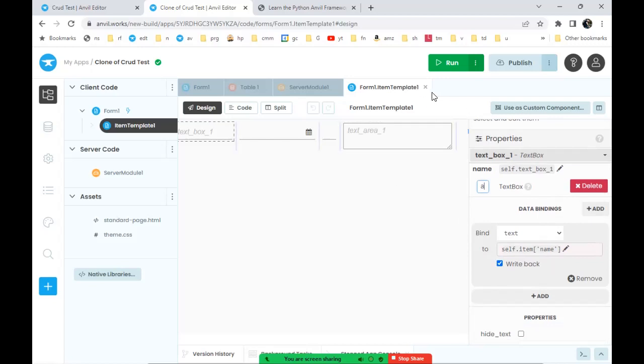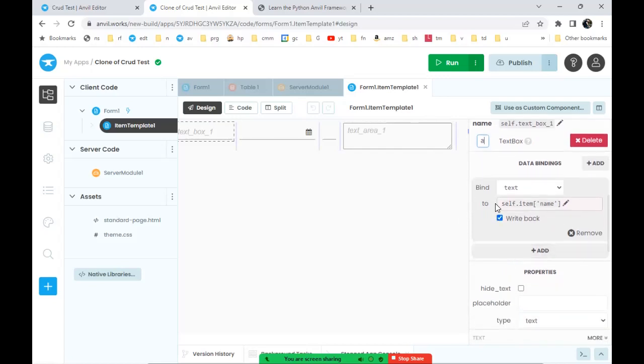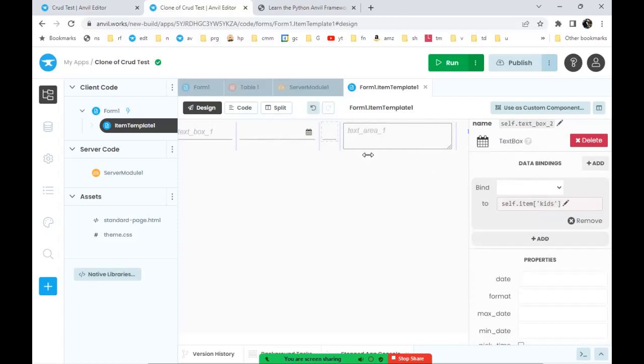But because we no longer have access to write to the server, we're going to need to do that a different way. So what we're going to do is uncheck these write back options,